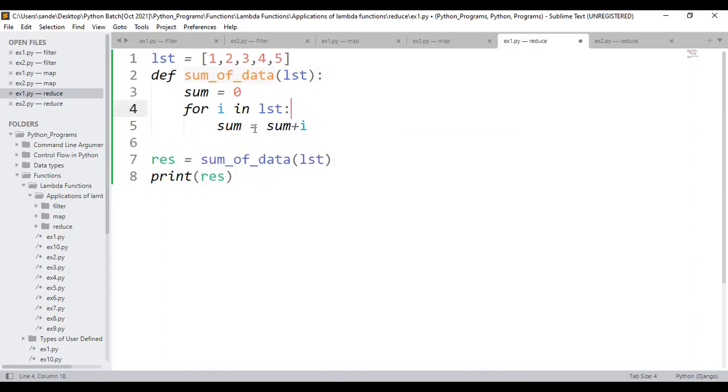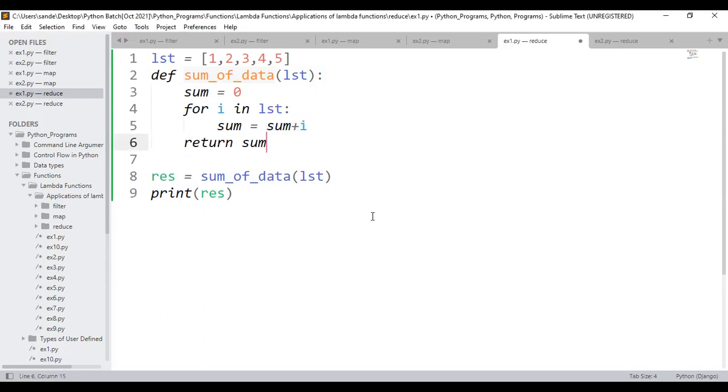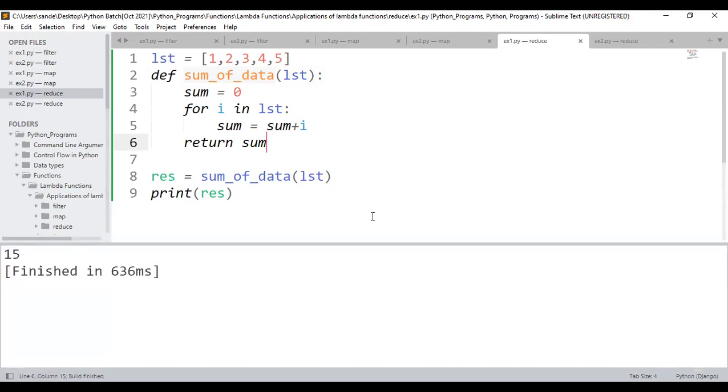After every iteration, 0 plus 1 is 1, 1 plus 2 is 3, 3 plus 3 is 6, 6 plus 4 is 10, 10 plus 5 is 15. At last, I should print the sum, which means I should return the sum. So after the for loop, I'll return sum. If I execute, I get the output as 15.